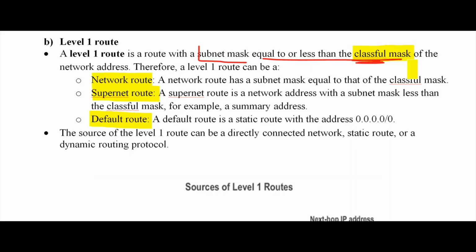First type is fixed length subnetting. The second one is the VLSM, variable length subnetting. In fixed length, the subnet mask will be the same for everybody: 24, 24, 24 or 16, 16, 16. It will be the same for everybody, but in the VLSM, the variable length subnet mask, it